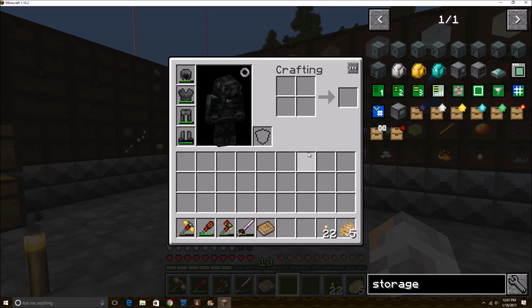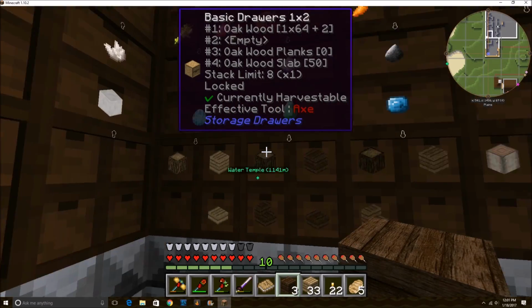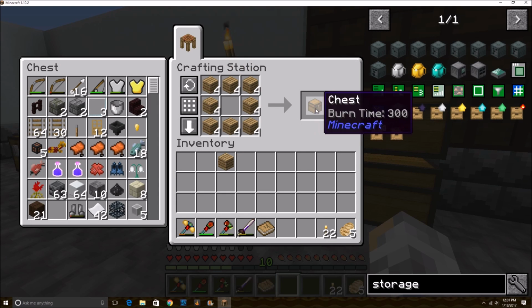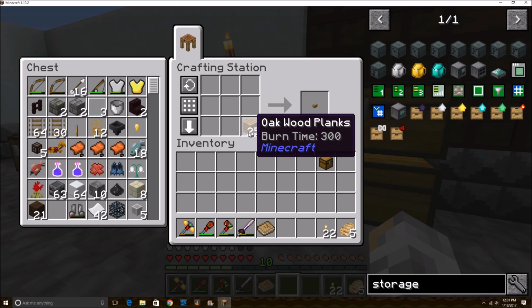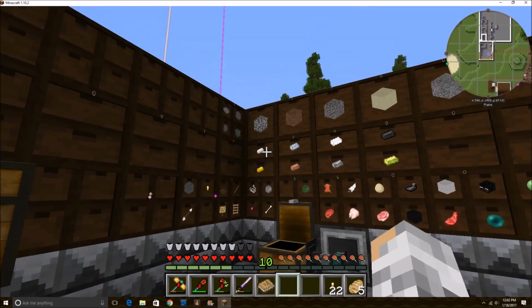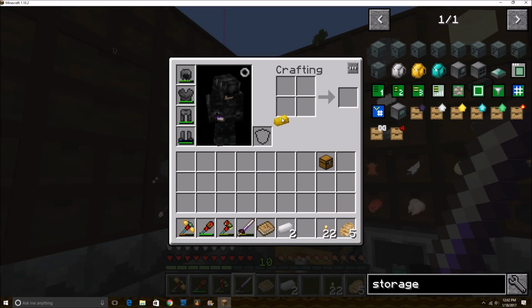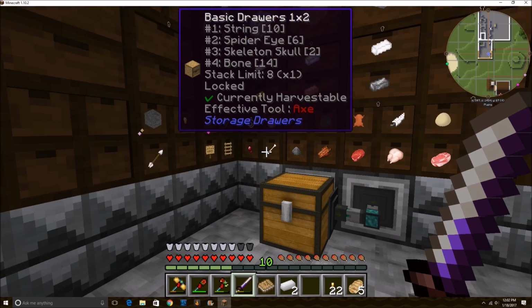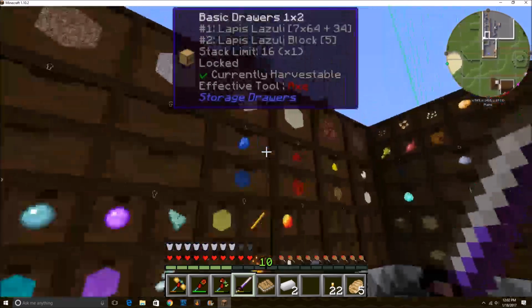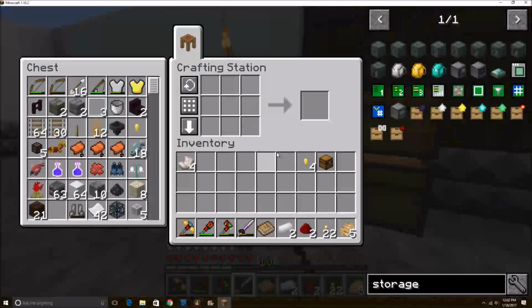So let's just grab a bunch of things here. No, that's not going to be enough. That'll be enough. Okay. Let's grab a couple chests. I'll stick that back in there. And then I need 2 diamond, 4 of these, and 2 redstone, 4 quartz. And then if we come over here and shift click,